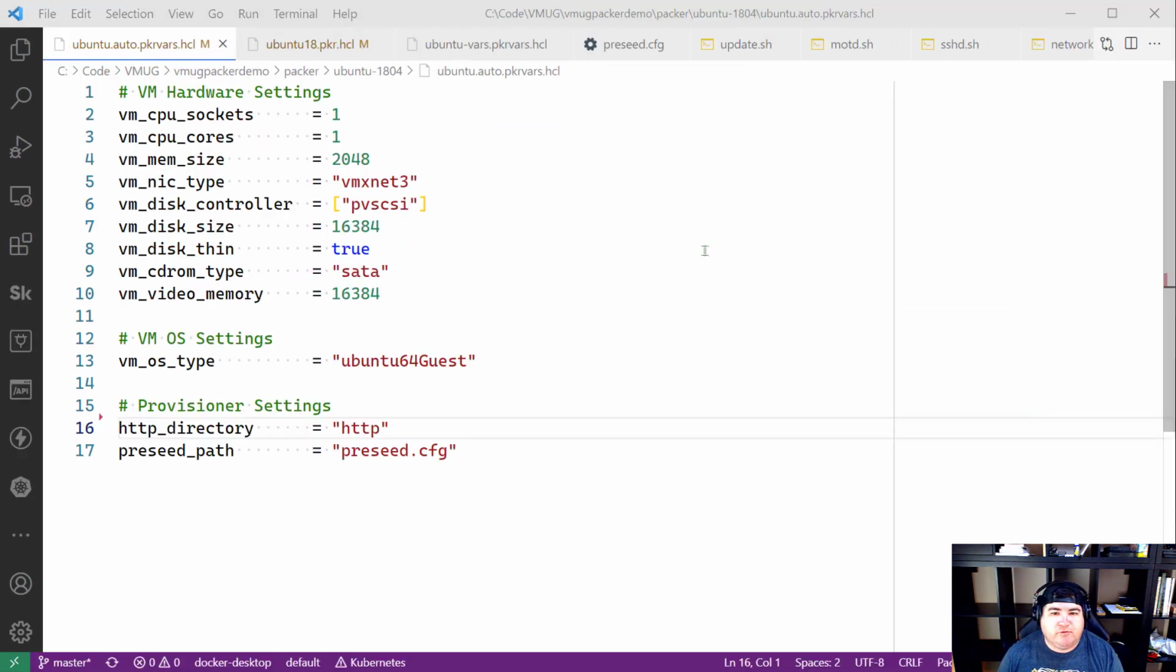Okay, for our quick rundown of what we're looking at for the Ubuntu build itself, first we're going to look at our automatic variables that get loaded in here. Basically, all I'm defining here is number of sockets, number of cores, how much RAM is in this thing, what type of NIC we're going to put on it, what the disk controller is, disk size for the virtual machine, whether or not it's going to be thin, what CD-ROM type we're going to attach to this,